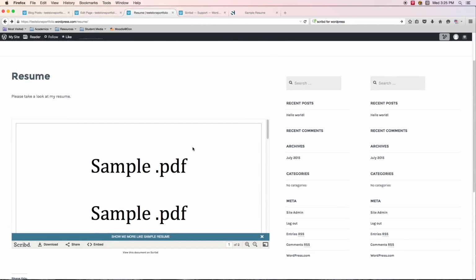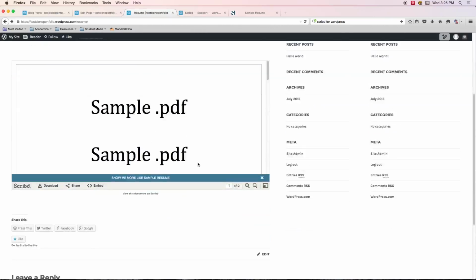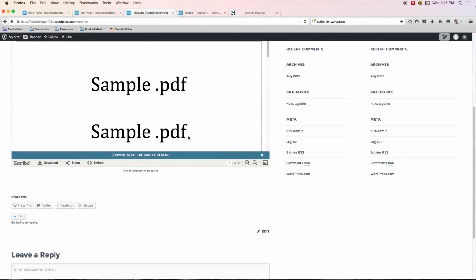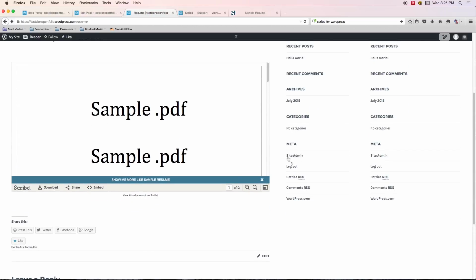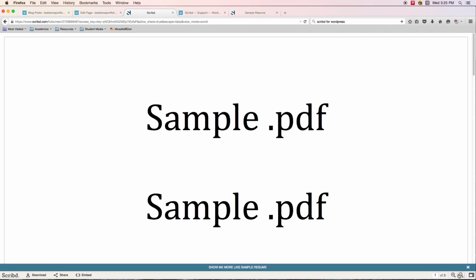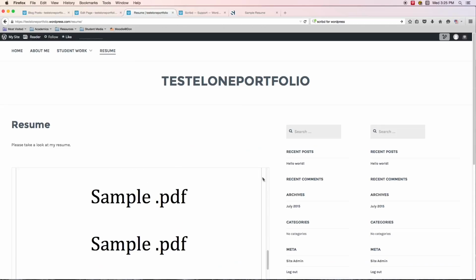I've got my sample resume, sample PDF embedded directly into my ePortfolio page, and it has that same strong functionality where I can make it full size, I can zoom in and out,